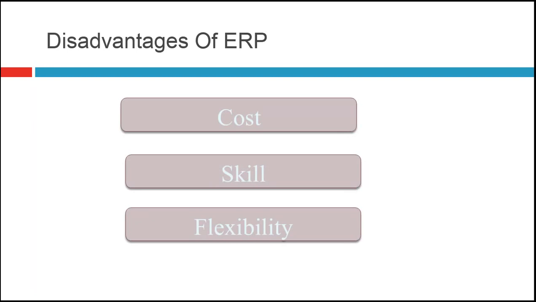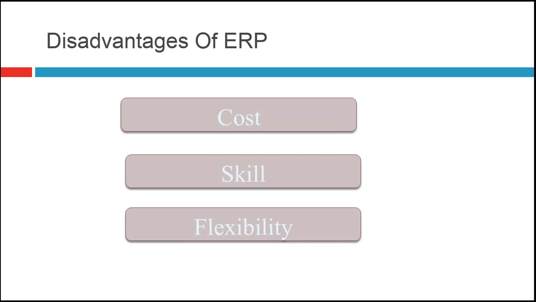Consider you have a company and you want to implement the ERP system into the company. When you are implementing the ERP, it follows its own naming standards, and the customer has to comply with the ERP standards. The customer can't use their own naming standards. That's why flexibility comes into the picture.